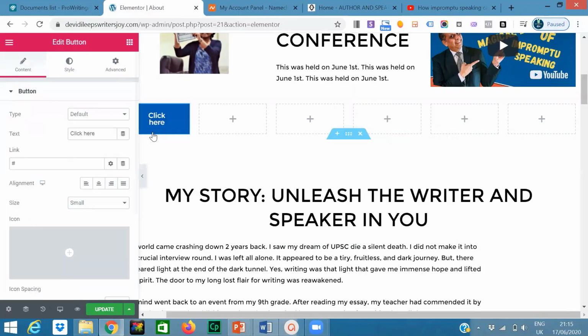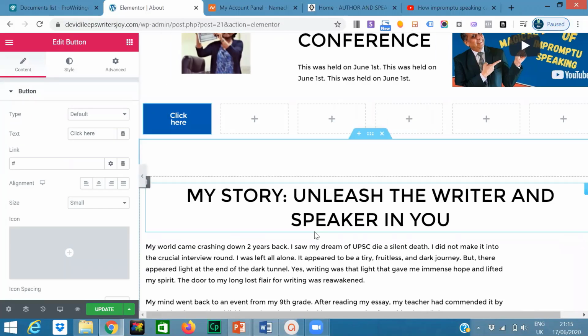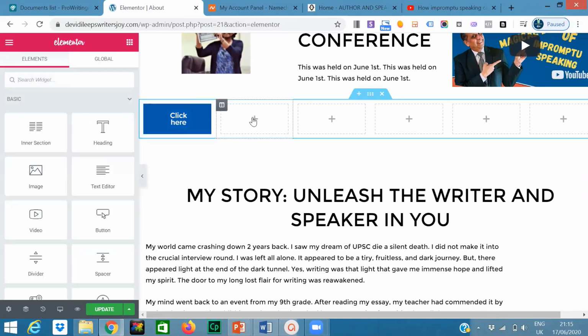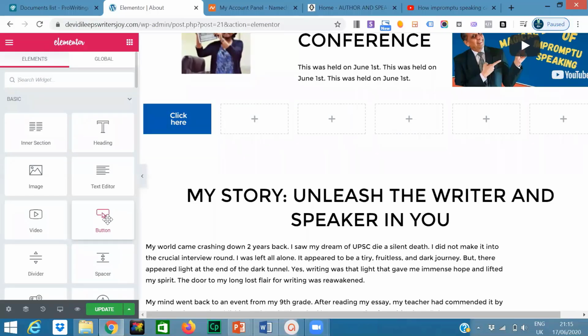Place it once you see the blue. Whenever you drag and drop, one thing you need to observe always is, okay, just try to drag and drop to the second one, Devi, and don't drop it till I tell you. No, go to the second one, second plus symbol. You need to click on that one, drag it, and take it to that section in the plus symbol. Go there and just hold there.